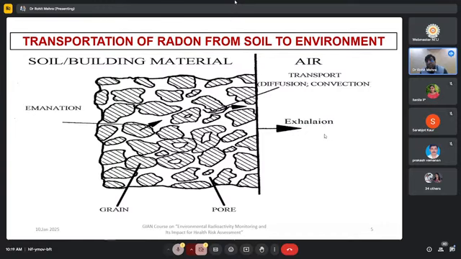Generally, surface exhalation, I am not so much in favor. The reason is because surface to surface, it is different. Your room surface will be different, my room surface will be different, and another person's room surface will be different. So similarly, depending upon the same level of concentration of radon within the same quantity of soil, if it is surface-wise distributed differently, it will give different results.